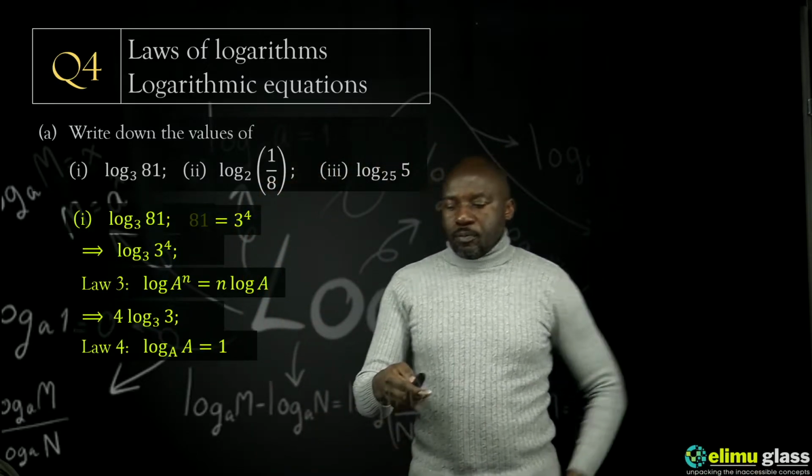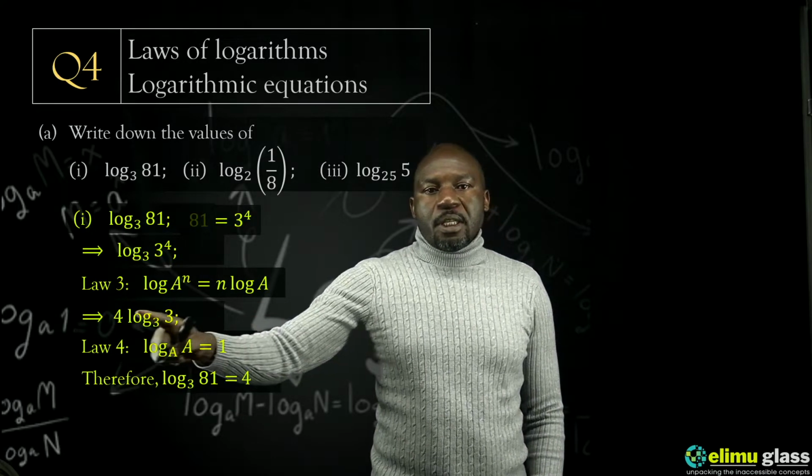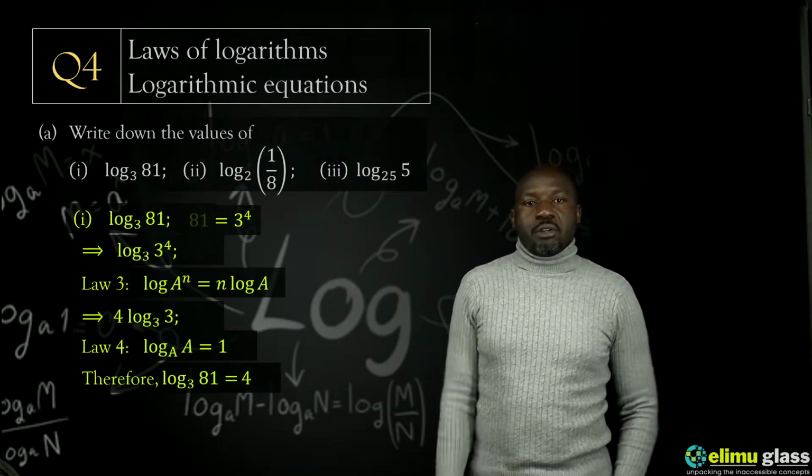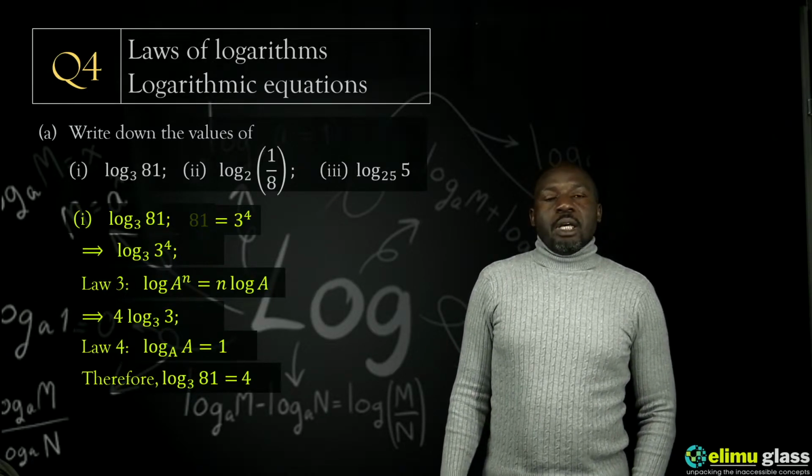And so log to base 3 of 3 disappears, and we are left with 4. So log to base 3 of 81 is simply 4. The next one,